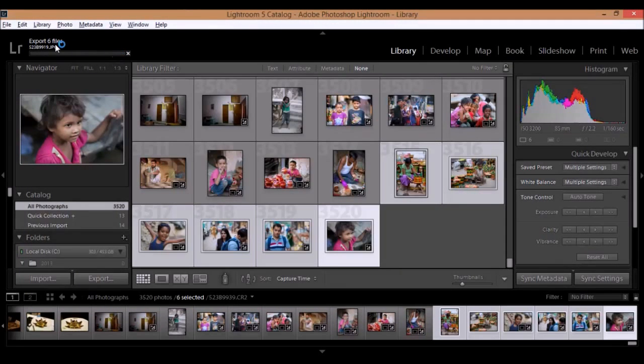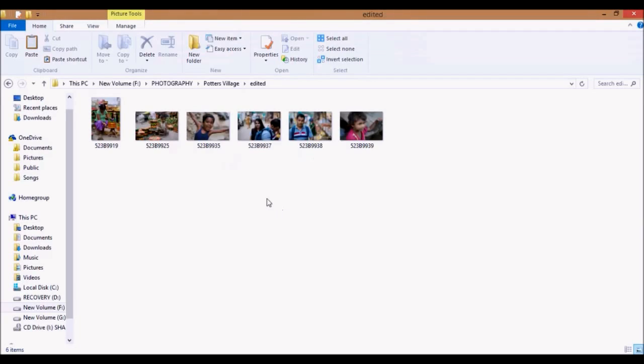As you can see, the images are getting processed. Now all the 6 images have been exported, and I'll click on one image and show you the format. It shows JPEG format, and the dimensions and the pixels would be the same. It's just that the format has been converted from RAW to JPEG.